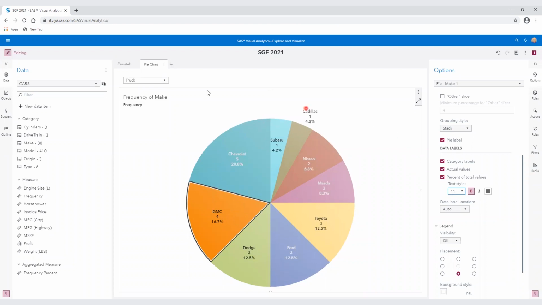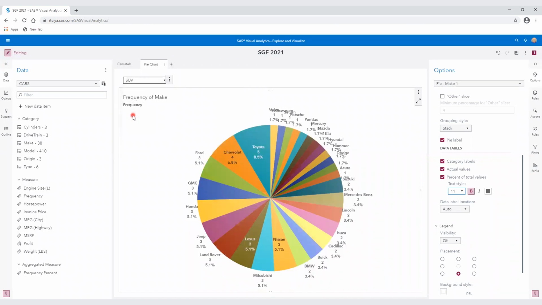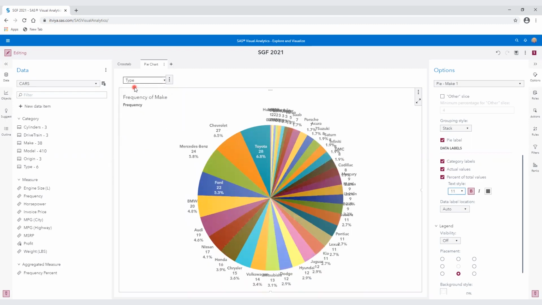And again, I can go back and select this time SUV. Boy, there's a lot of them. A lot of manufacturers make SUVs, so that's getting a little crowded. Maybe we want a legend for that. I could also clear the filter, and then we have all vehicles, and then it's even more crowded. Okay, so we probably want to make a selection here, and we'll go with sedan. There's a lot. Let's go to sports.